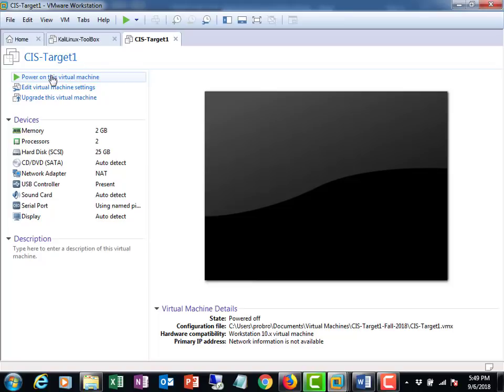Now, two things. One, this probably won't show up on mine because this is the third class I've done it in. It's going to come up with a warning stating that the virtual machine is in operation. Do you want to take control of that virtual machine? And you say yes. Number two, as it's booting, it's going to say, it appears that this virtual machine